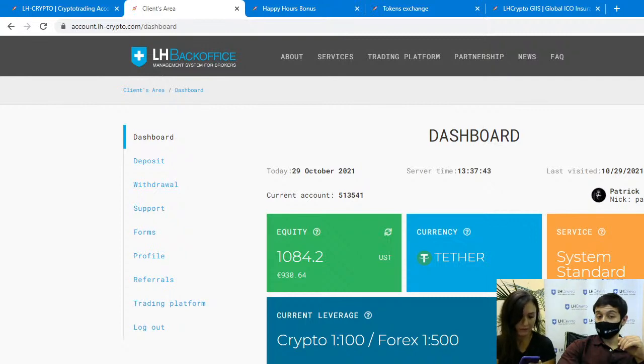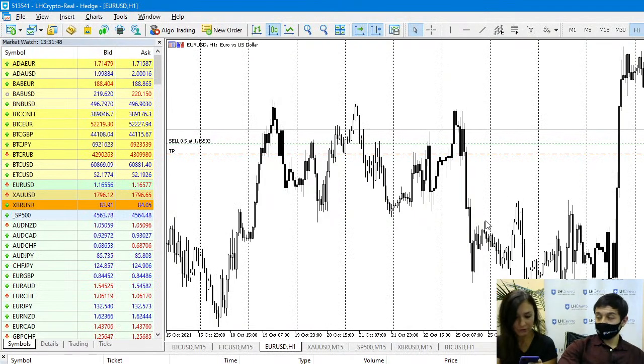Hello, thank you ladies and gentlemen for my compensation for LH coin, but I'm not a trader. I do not know what to do next now. Okay, so in terms of